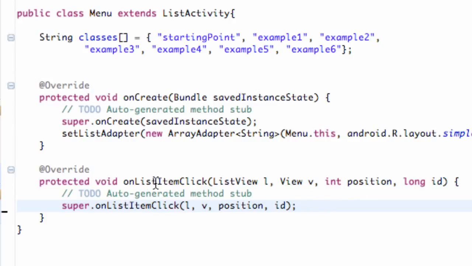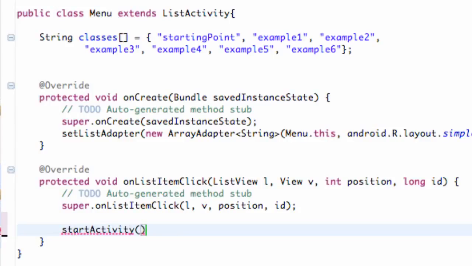And what I want you guys to do is go within this onListItemClick method, and in the next tutorial we'll finish our application, then I'll break everything down. I just didn't have time to do it in one tutorial for the most part. So I'll show you guys how to start a new activity. Again, it's pretty simple. We're going to say startActivity,